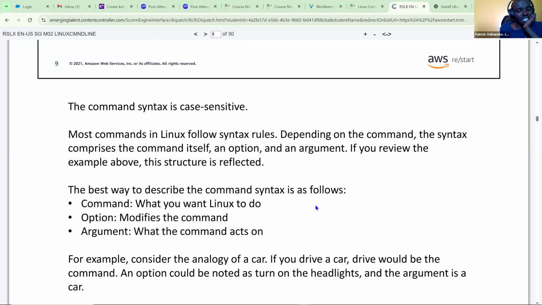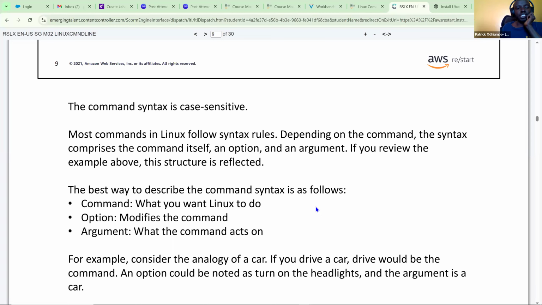The command syntax is case sensitive, and that one we've talked about. I'm telling you, especially when you are writing your commands, try as far as possible to write them in small letters, unless it is demanded that you do maybe camel case or capitalization.